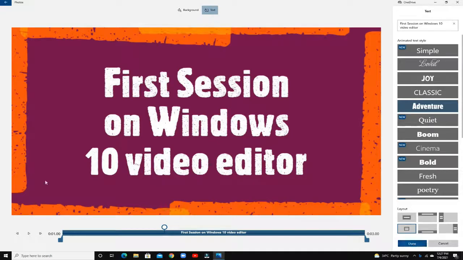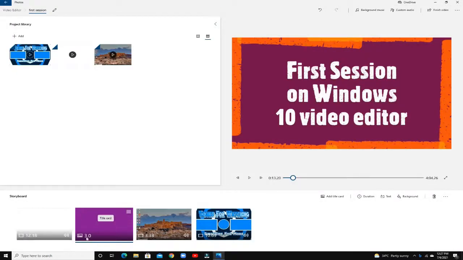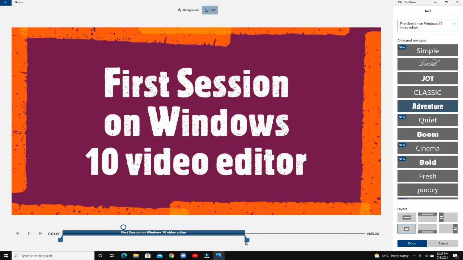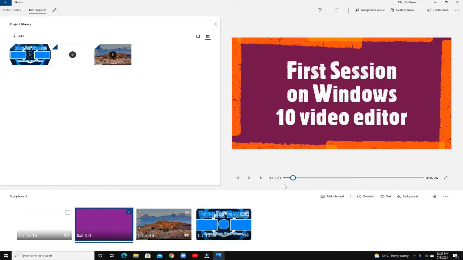So here I will press done, and if you see, it's only 3 seconds duration. So I will click on it, and then I will go to duration, and I can change the duration to 5 seconds or 7 seconds, and I will go to 5 seconds. But now I will go to text again, and now I will increase the time, because the time is actually till 3 seconds. So now I will bring it to all 5 seconds. Yeah, so it's done. Now I will play my video